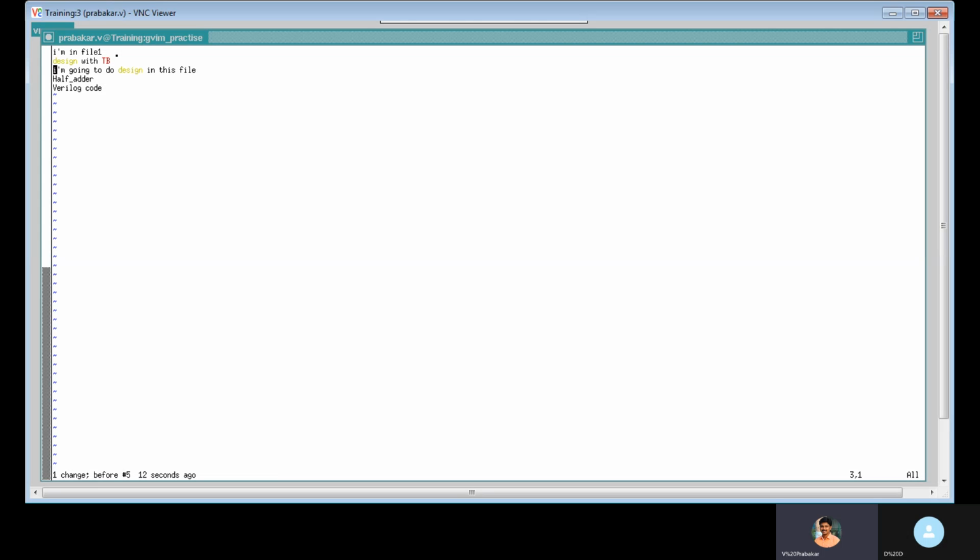Now I am going to type some lines here. Before that, GG is a command. If you press GG, you will go to the starting line of the page. If you press Shift G, nothing but capital G, it will move to the end. Below that I want to type some code, so I am pressing O, and it will move to the next line in insert mode. Here I am typing my code. Module